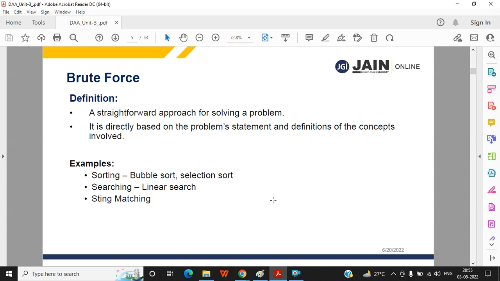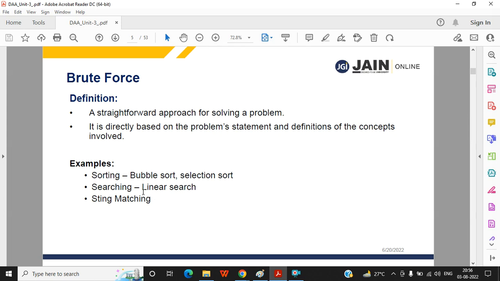We find a feasible solution. You understand the term feasible, means workable solution. Okay. So these are the examples of some algorithms which can be